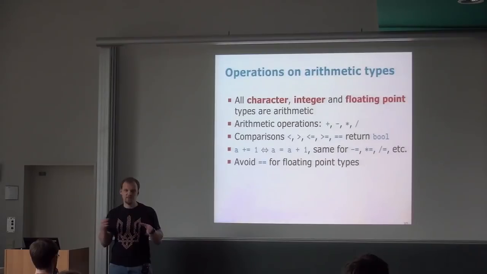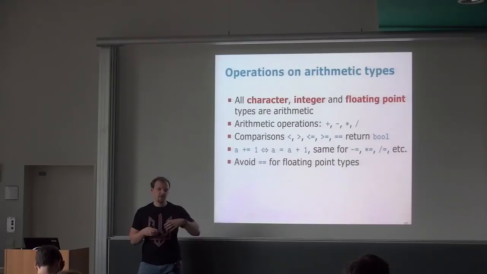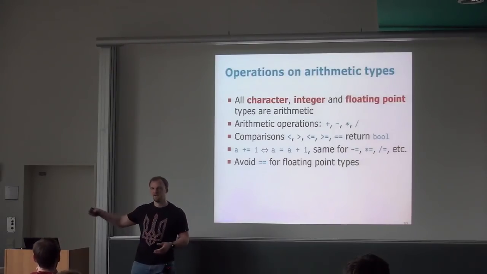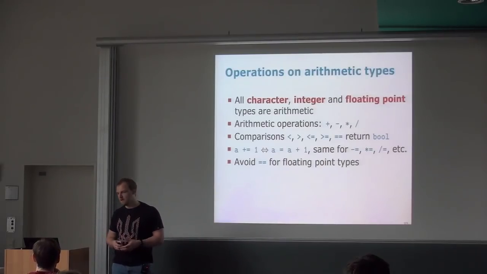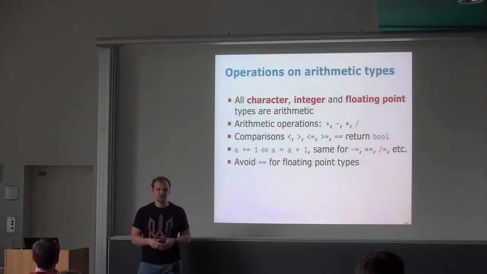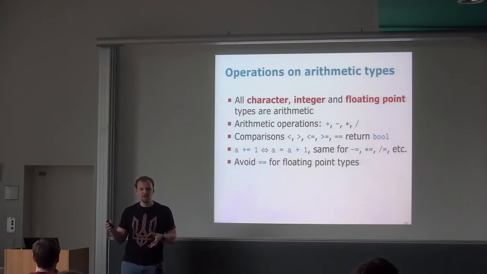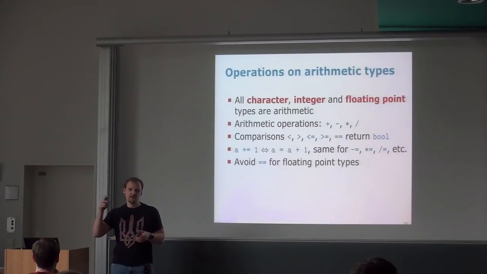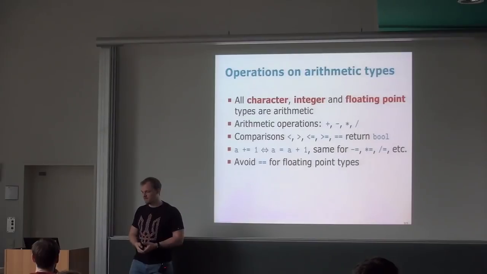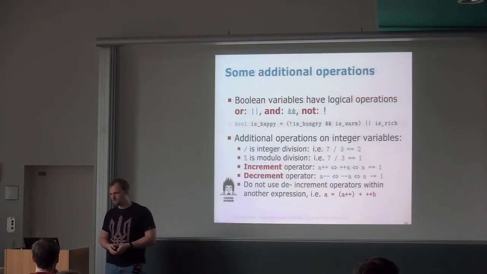So there is always some imprecision. And if you say float x equals 2, it can actually be 1.9999999 and so on. That's why you should try to avoid using equals for floating point numbers, because it might backfire. You would expect the number to be the same, but it's not. So use a greater-than or less-than comparison with some epsilon around the number if you need that. Just, I think, important to note.